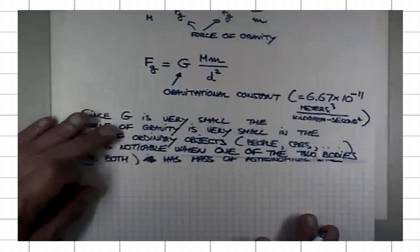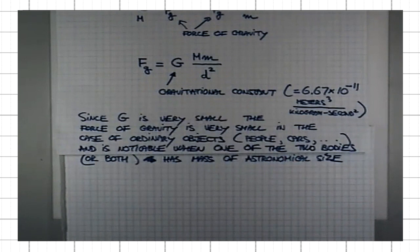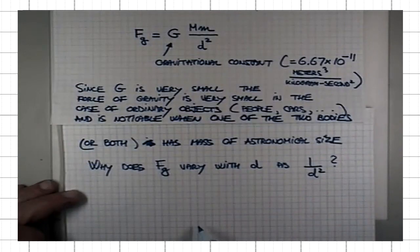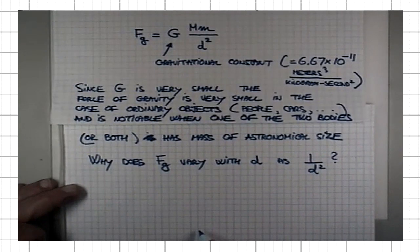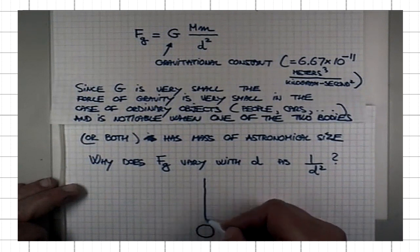Now, when it comes to this dependence on the distance, you can ask, well, why is it the distance squared? Well, there were reasons for this that not just Newton, but other physicists of the time thought it's reasonable because, if I answer with an argument that is not rigorous, it's just guesswork, if the body that is exerting the force of gravity is spreading its influence